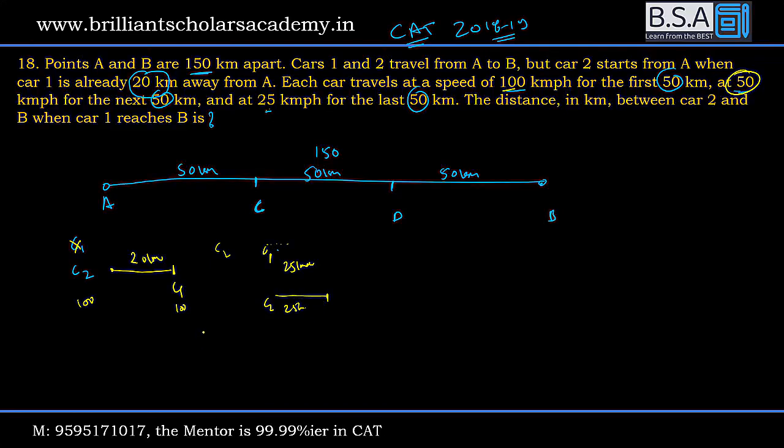Listen to the language. ये जो 20 किलोमीटर ट्रैवल किया, at what speed? 100 का स्पीड। तो do you understand? 1/5 hours, this car leaves 1/5 hours in advance. तो जब ये कार यहां पहुंचेगा तो 1/5 hours पहले पहुंचेगा। That means when car 2 is here, car 1 आगे होगा 1/5 hours। कितना स्पीड है? 50 kmph। 50 kmph, 1/5 hours, मतलब कि ये 10 किलोमीटर्स आगे होगा।